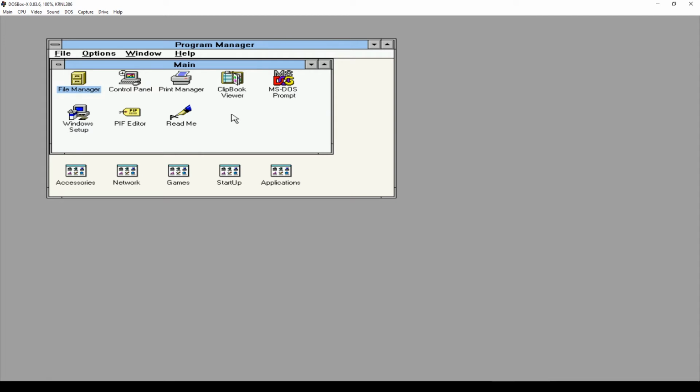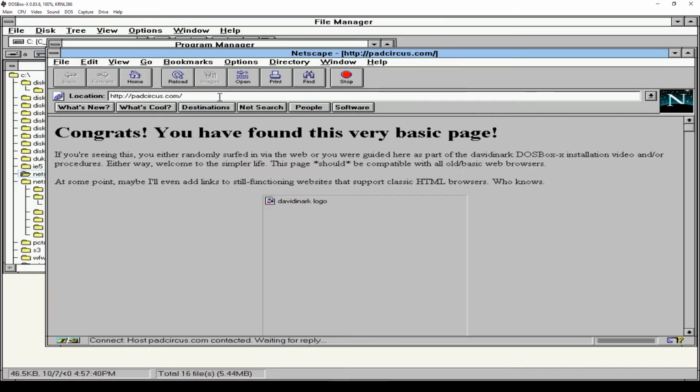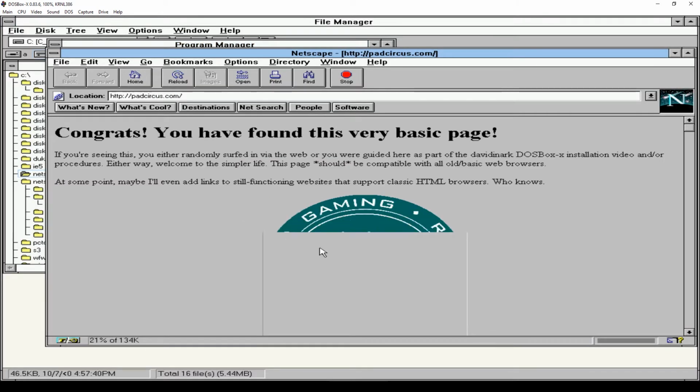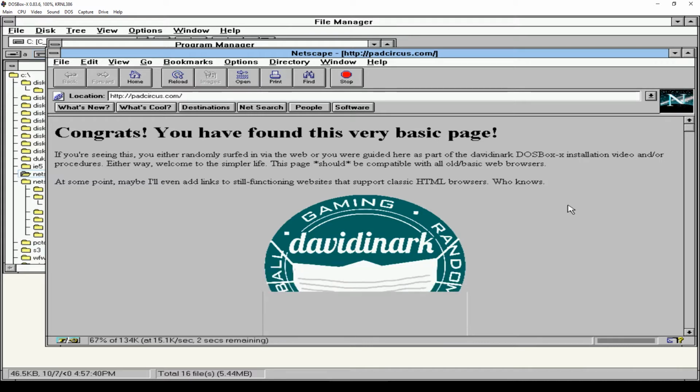We'll also set up networking so you can play IPX-based games like the original Doom or Duke 3D online with your friends. Plus, we'll set up internet networking so you can even surf the web like it's 1993. As a bonus, I'll even show you a cool program that makes your Windows 3.11 look and act like Windows